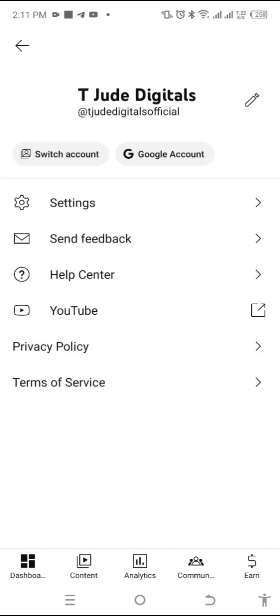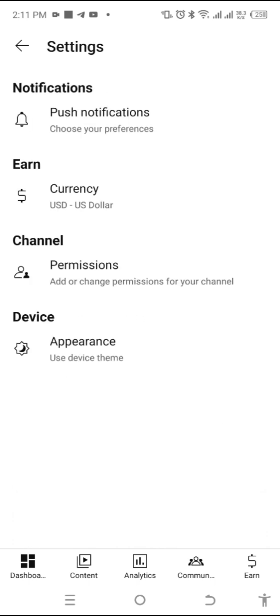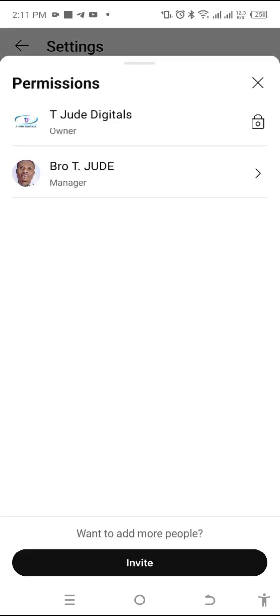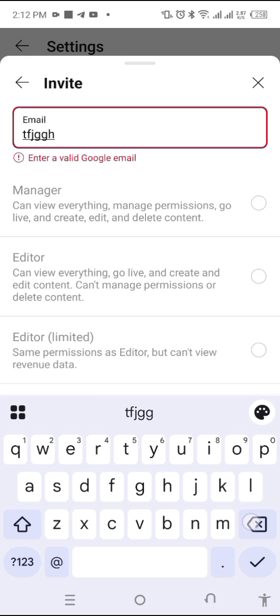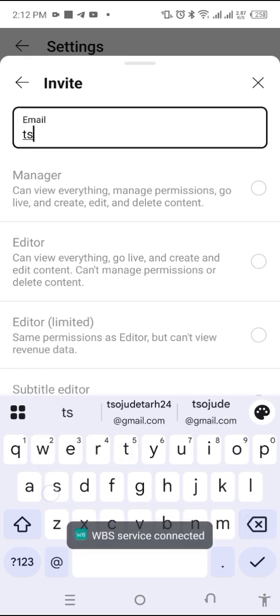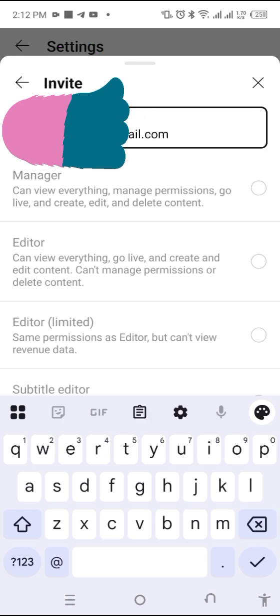Then you go to settings, and then you see permissions, and then you see who is already managing, and then you click on invite. Click on invite. You enter the person's email here, and then you're going to choose